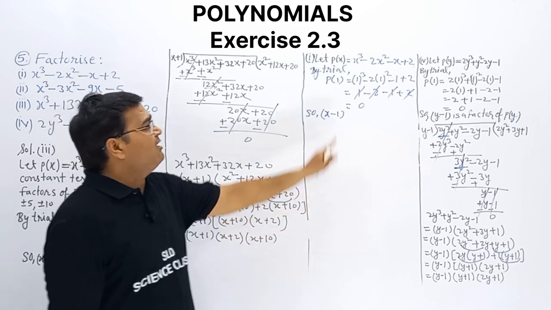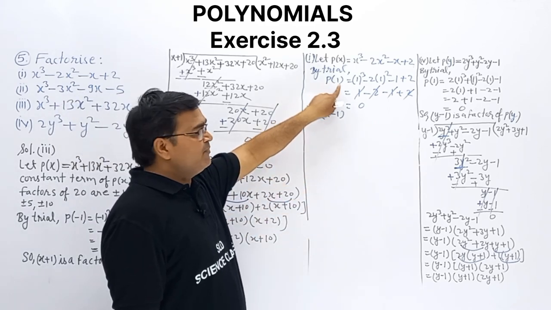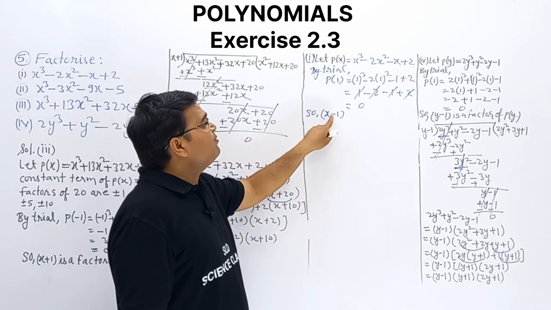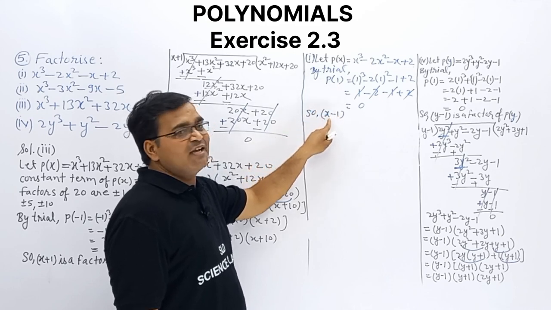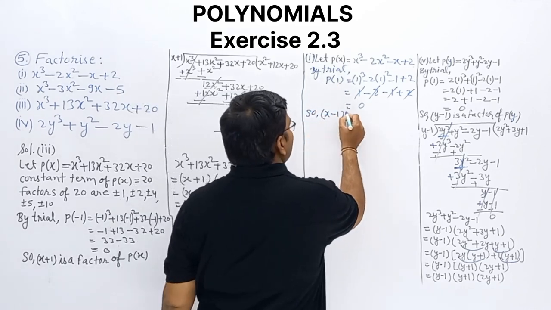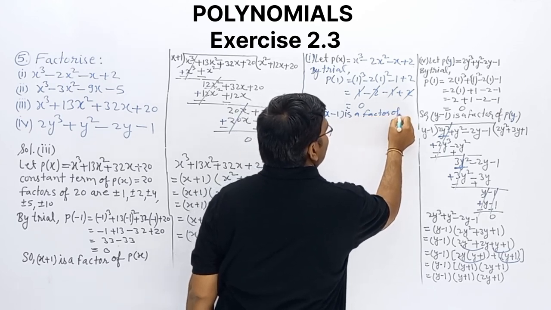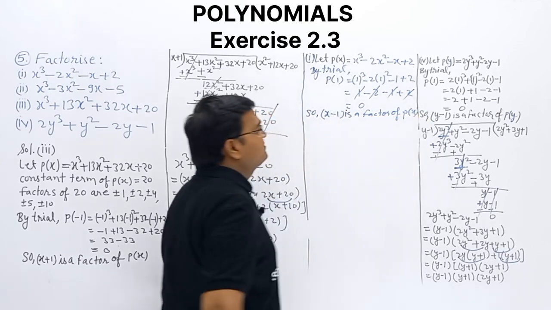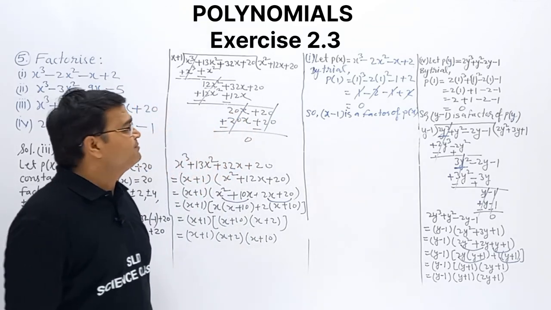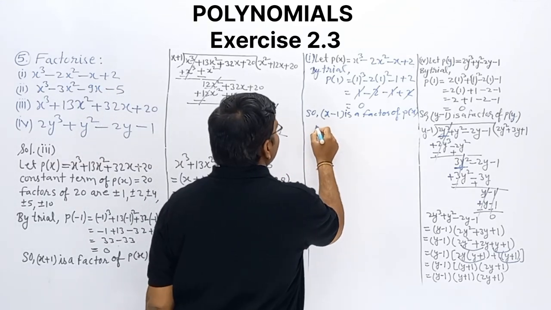At a equal to 1, we are getting 0. So x minus a is what? 1. So x minus 1 is a factor of P of x. Clear? Clear now? Now we will divide